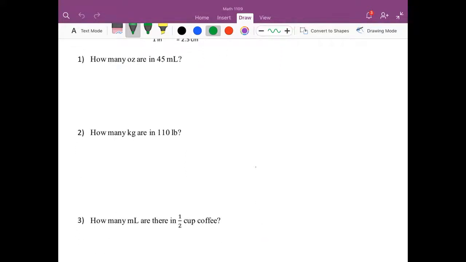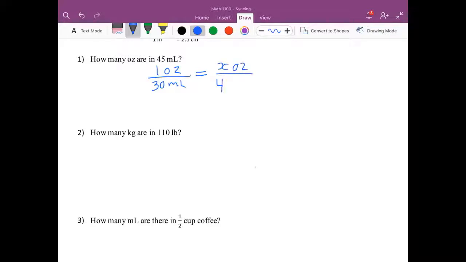So how many ounces are in 45 milliliters? We look at our chart and try to find one that has ounces and milliliters, or you might have to do more than one. But I see that in our table we have 1 ounce equals 30 milliliters. So I'm going to take 1 ounce and use that as a ratio. 1 ounce, 30 milliliters. So I put the ratio for the conversion on one side. We do our equal sign. And the question is asking how many ounces